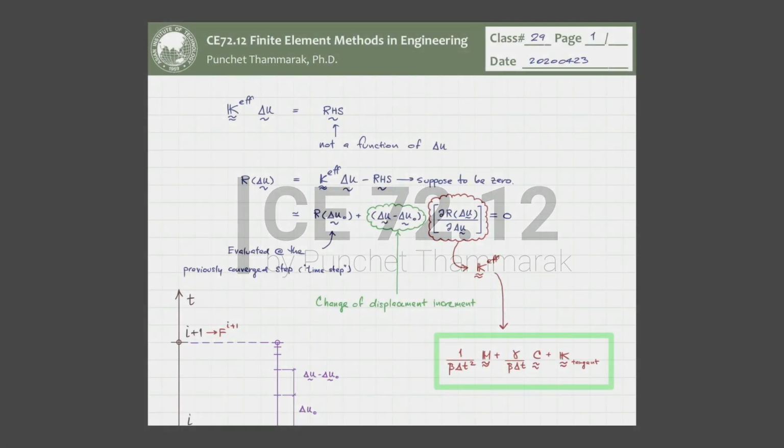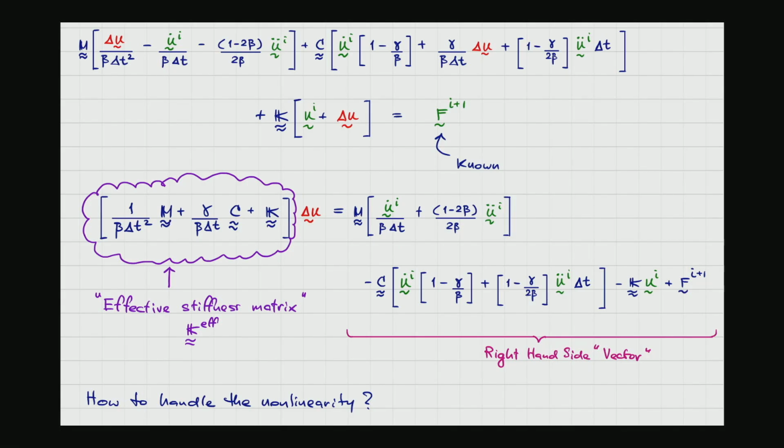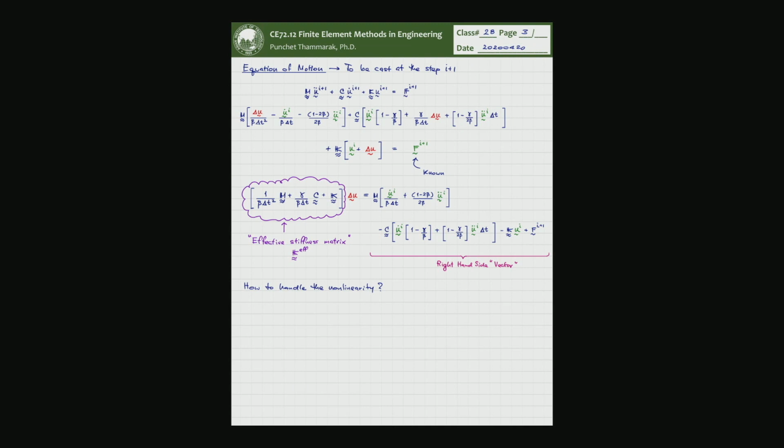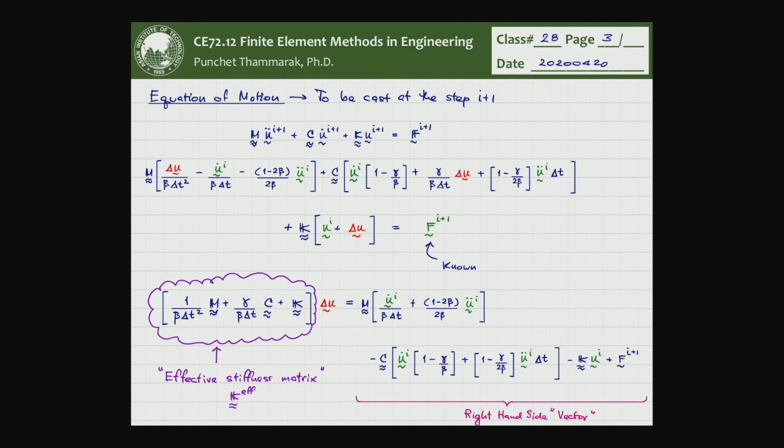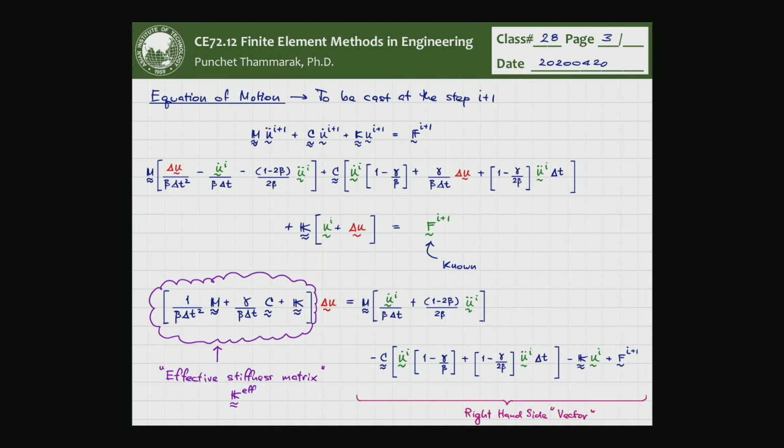Okay, so let me pick up from the last time. The last time, in class number 28, we looked into the equation of motion. We talked about the time discretizations, and from that time discretization, we chop down the time, which is actually continuous, into steps, which are discrete. And as we have the discrete kind of time, well, then that makes it possible to solve by a numerical approach,